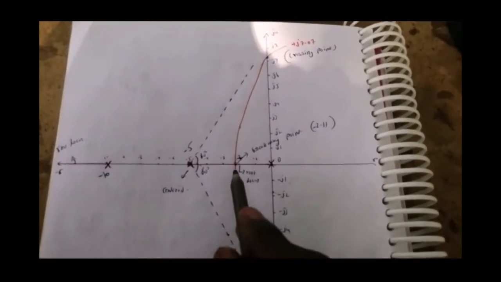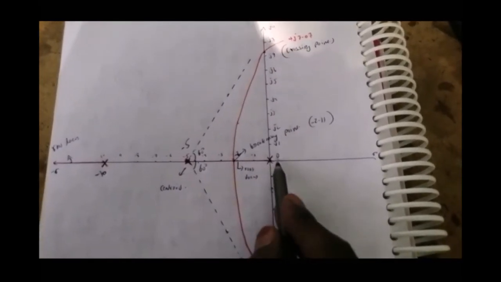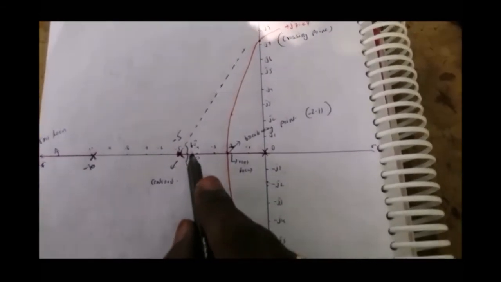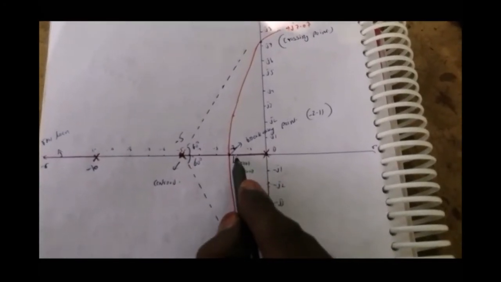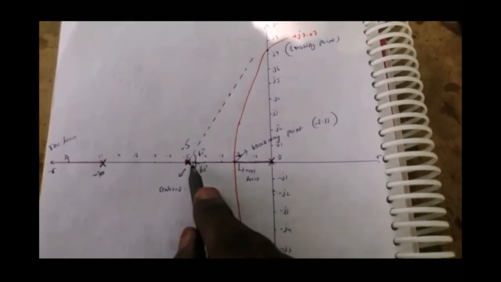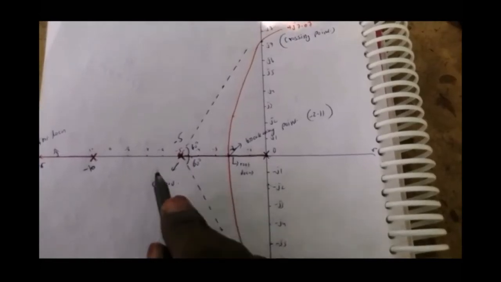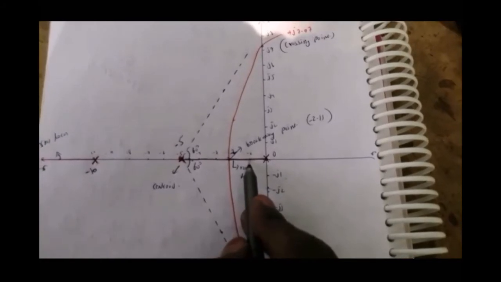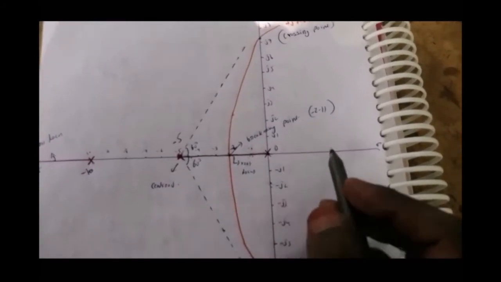So the first root locus is when we consider the test point between 0 and -5. When we look back to the right side, there is only one pole and it is odd. So there is a possibility of the root locus occurring, and we have to draw this dark line. There is a condition for root locus: it is always symmetrical about the real axis. Symmetrical means whatever is on one side of the real axis is the same on the other side. So that's why the root locus is always symmetrical about the real axis. The x-axis represents the real value, right?